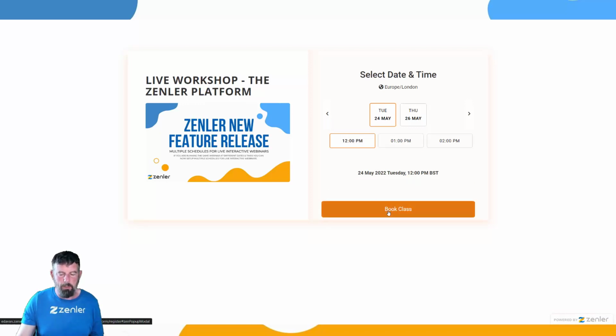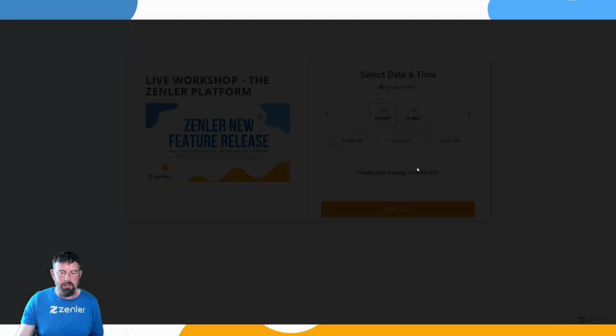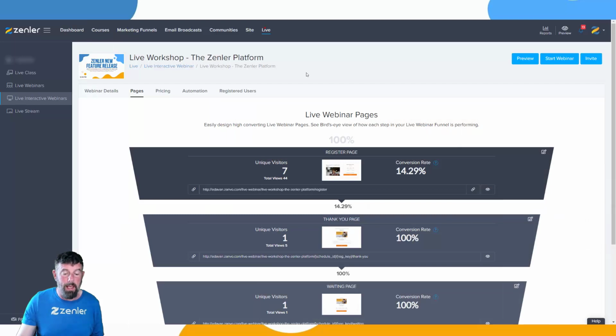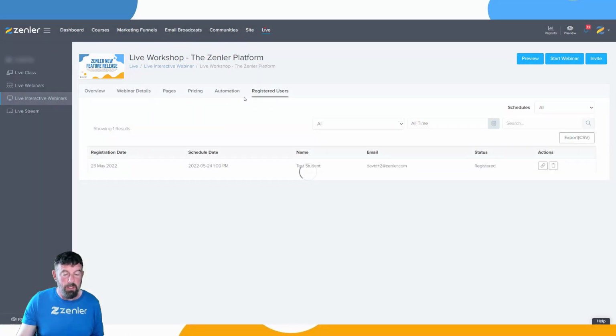Of course, these other ones, I can book a class, so I can go in there. So this is the way you can schedule it. It's only allowed one person to go in there. If we look in the registered users, you're going to see there that that's the scheduled time. They're booked for that one. You can see I just booked that, and I can't go in any further.